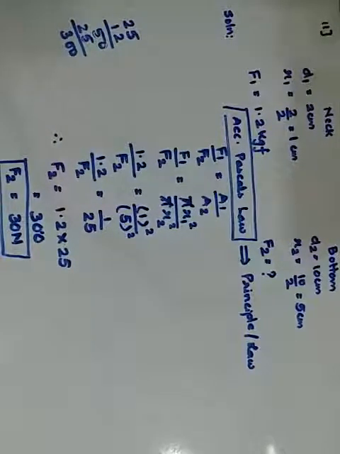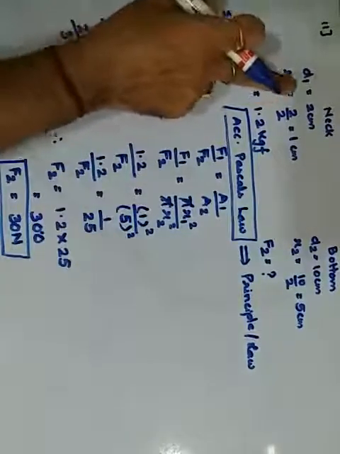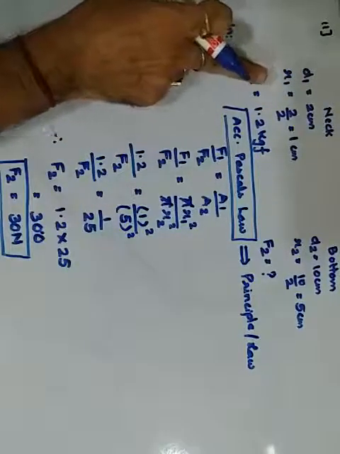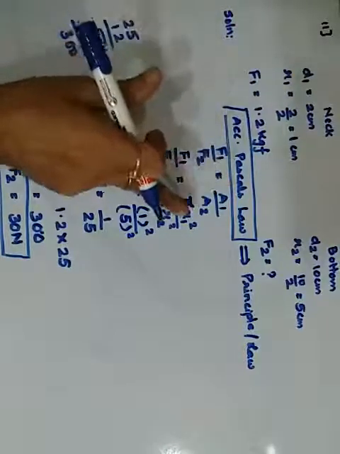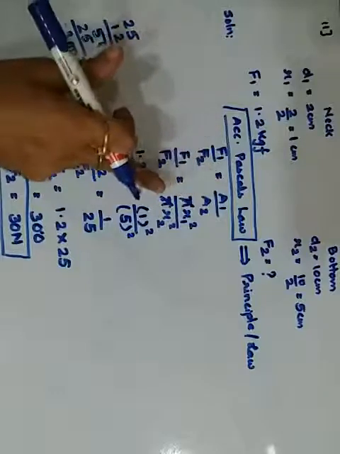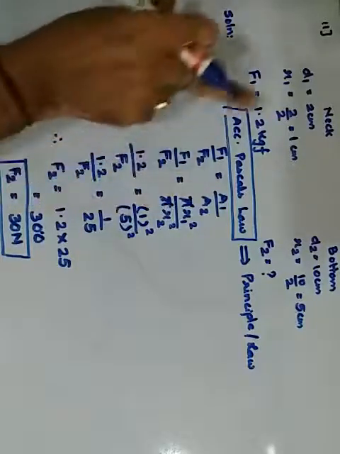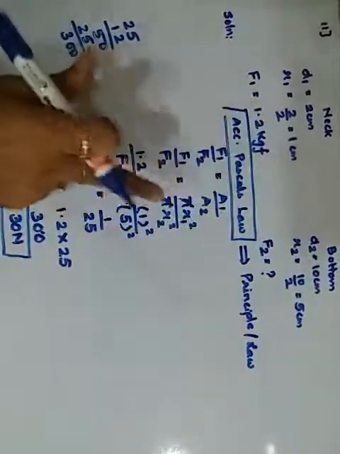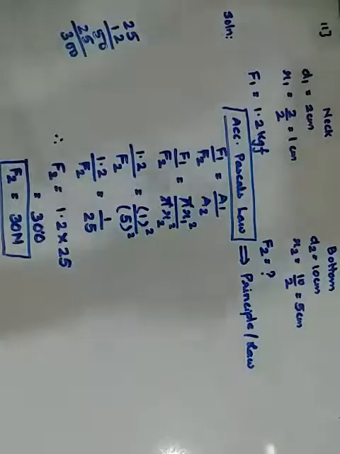Understanding? Okay. What was the only difference in this? The area was not given directly, the diameter was given. So we converted that diameter into radius so that we can apply it in the area of a circle, that is pi r squared. So A1 I have taken as pi r1 squared, and A2 is pi r2 squared. Pi cancels, and therefore we get r1 upon r2 squared. We have already prepared r1 and r2. Just substitute the values and cross multiplication gives you the answer.